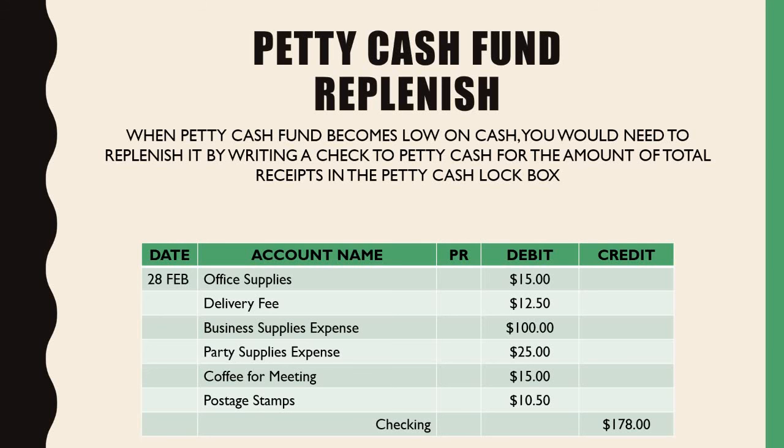Okay? Now notice this. I never recorded any of my expenses as my expense and petty cash, right? I never credited my petty cash at any given time. Same thing when I replenish my petty cash. I don't add money to my petty cash, right? I'm just simply recording the expenses and I am paying cash back into it. Okay? Why is that? It's because at the end of the day, your petty cash drawer must hold a value